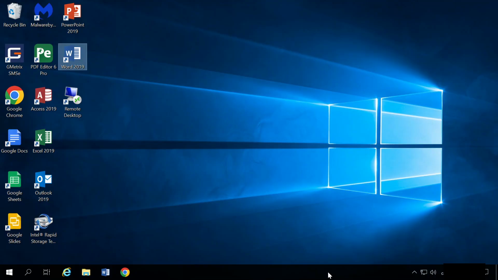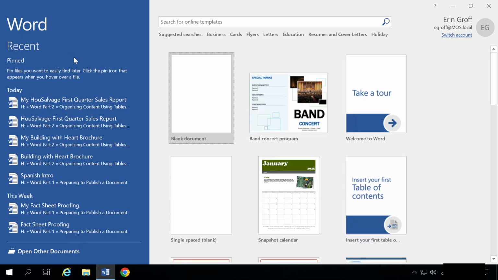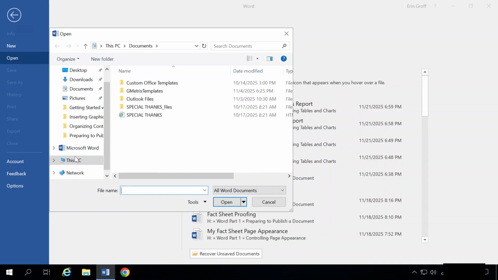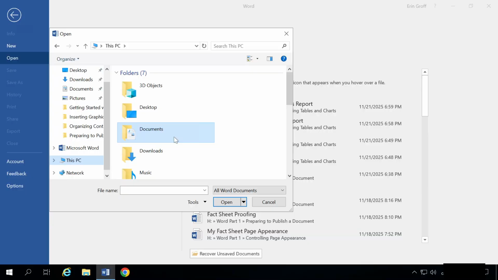To save time on the new flyer, you decide to use styles to maintain consistency between the flyers and use the same formatting on both flyers. So we're going to start by opening up our document. I'm going to launch Word, select Open Other Documents, Browse, navigate to my home drive,